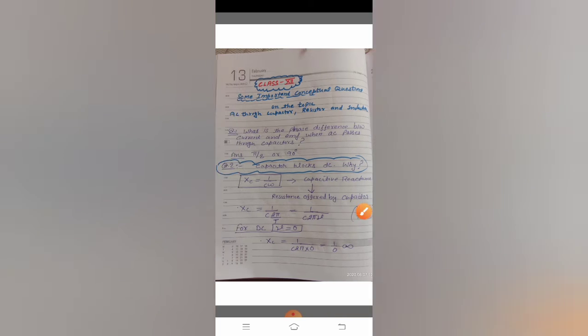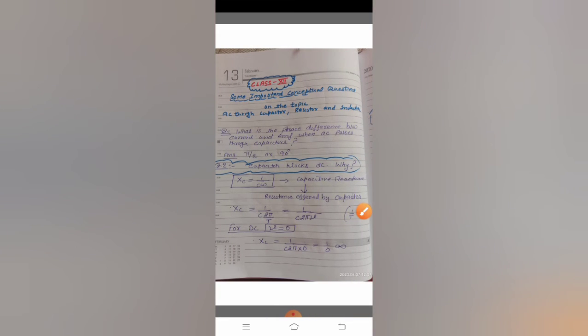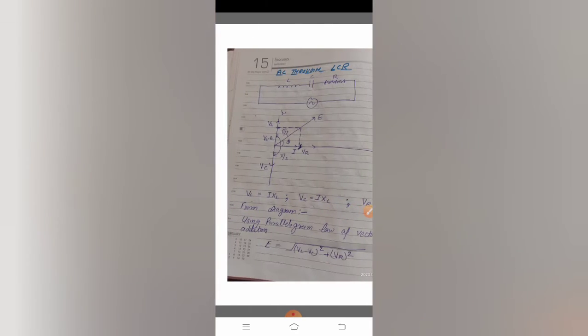I have just elaborated it fully. If you simply write that we know XC is equal to 1 upon C omega, omega is 0 for DC and XC is infinite, then also it will be fine. But it is better that you explain it, so that you do not give any chance for the examiner to deduct your marks. Okay, so our next topic is